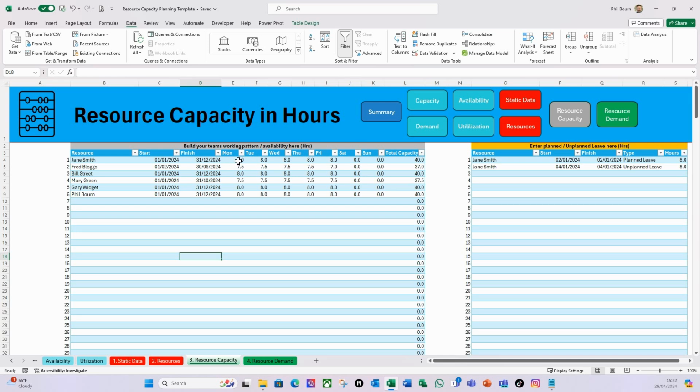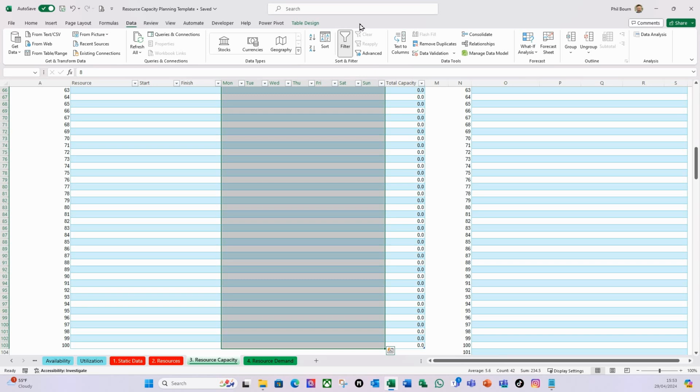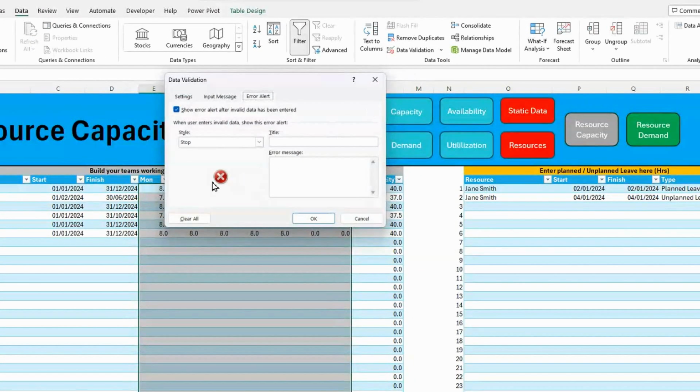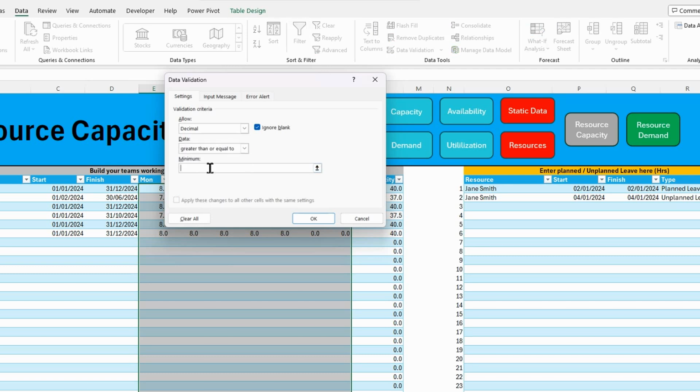Next, I want to make sure they're entering numbers in here and not letters or any rubbish, because that again will cause it to error out. So I'm just going to select these cells here and then do Control and Shift and then down again. So there's a simple data validation we do here. So data validation options, data validation. I'm going to choose decimal, so it must be a decimal number basically, yeah. And if I then do is greater than or equal to 0, so it's not a negative number, then error message,